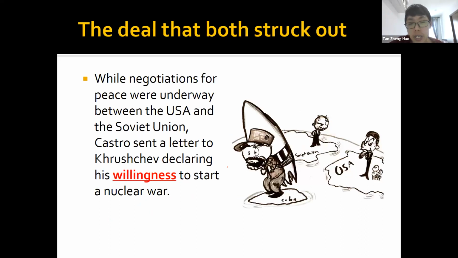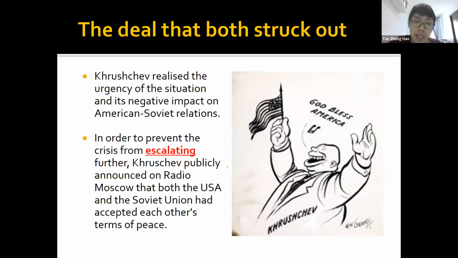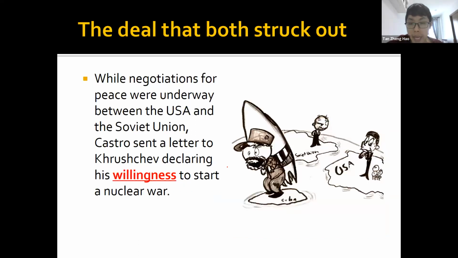In the end, Castro, however, was very unhappy. The Soviet Union and US were trying to come up with some sort of peaceful agreement. Castro was very unhappy because Castro still wanted Khrushchev to be on his side, wanted to threaten the US. If Khrushchev took away the missiles, Cuba may become very vulnerable. Yes, the US will promise not to attack Cuba, but without any real nuclear missiles to defend you, how safe will you feel about the US? So Castro wanted to make a lot of noise and threaten to start the war by himself.